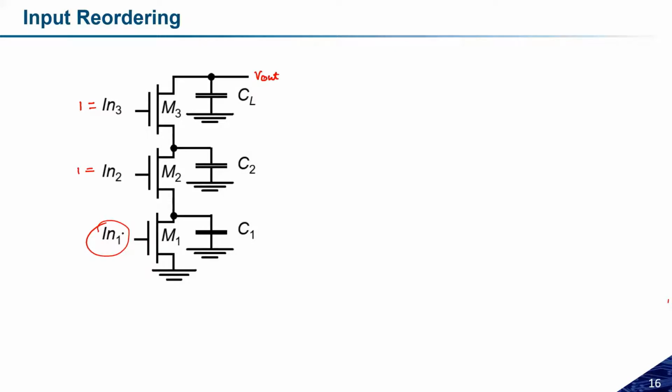If this IN1 is 0, this output will not be reflected, even though we have turned on these 2 transistors M2 and M3. But if this IN1 becomes 1, all these transistors will be in on state. Now this output will become low, because all the transistors in series will be in the on state. Okay, so the important thing is,